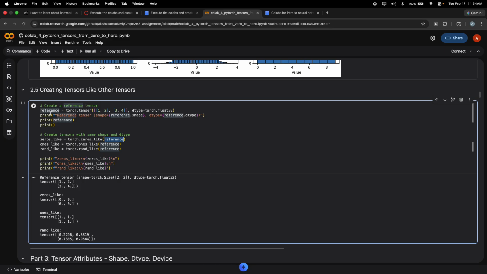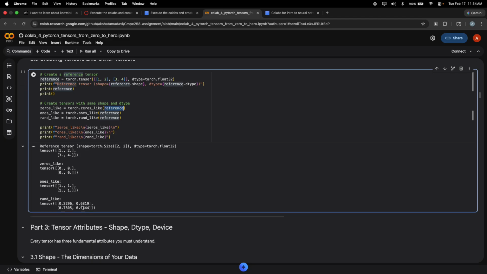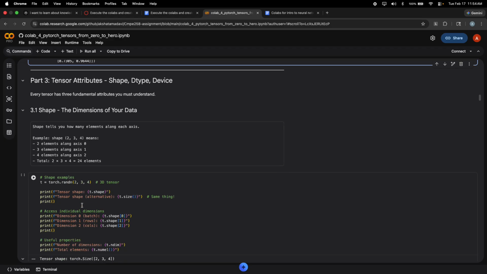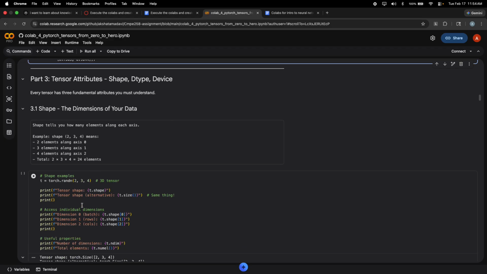Dimension can be dynamic, so you don't want to hard code the values over there. You just do this zeros_like the reference tensor, and whatever the tensor size is, it will create the tensor of the same size, and data type, yes. Then tensor attributes: shape, dtype, and